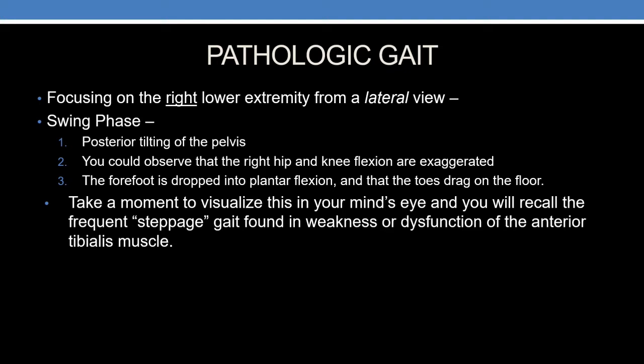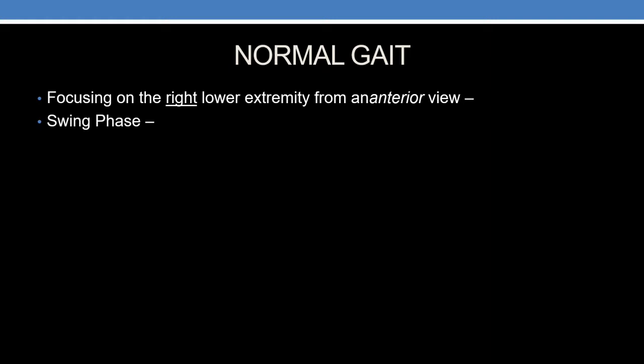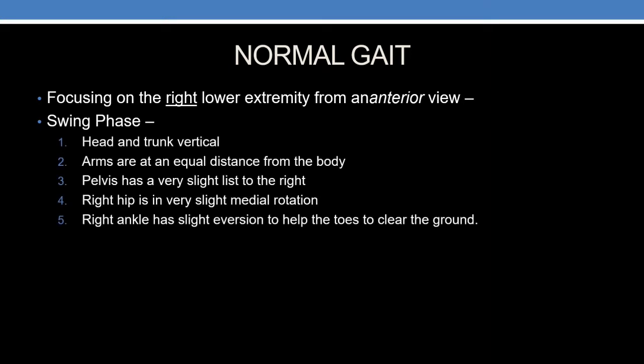Now, from the anterior view, and again just viewing the right lower extremity, normal mid-swing phase would be characterized by having the head and trunk vertical. The arms would be at an equal distance from the body. The pelvis has a very slight list to the right. The right hip is in very slight medial rotation, and the right ankle has slight eversion, the purpose of which